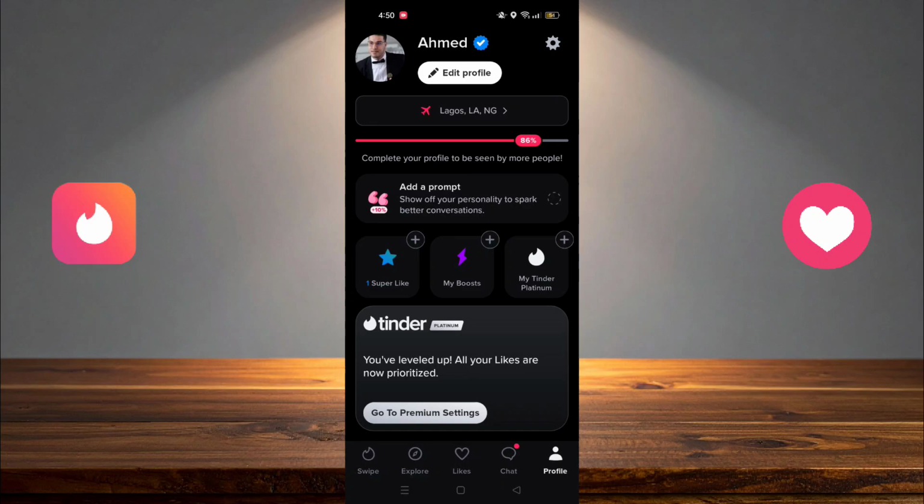And to activate this option, you have to have a premium account, not a free account, because with a free account you can't change your location. And if you use any VPN or any other tool to change your location, your account may be banned from